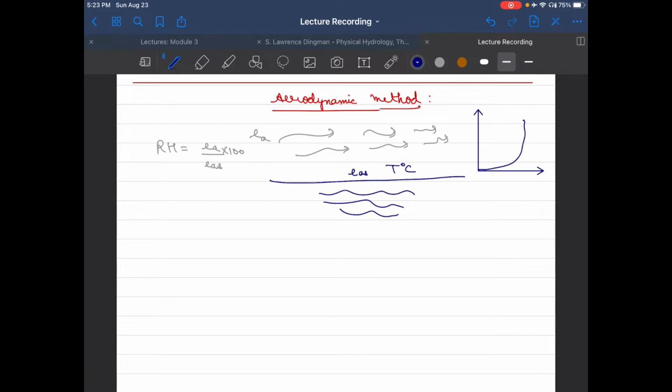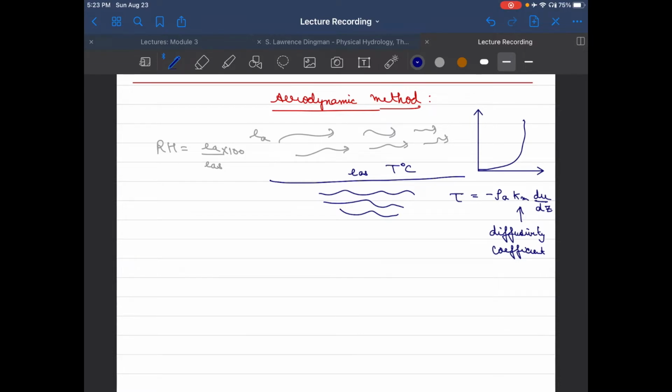So if velocity increases in the upward direction, we also learned that the momentum transfer can be calculated using the equation of Newton's law of viscosity, which says that tau is equal to minus rho a km du by dz. And here, if we are talking about the mode of transport as convection, this is the constant which we also call the momentum diffusivity coefficient.